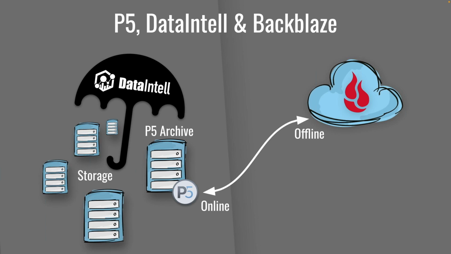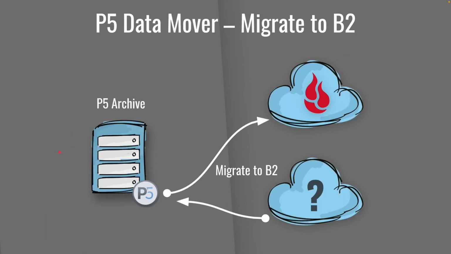So how does this all fit together? Let's have a slide with P5, DataIntell and Backblaze all together. So what we've got here is our storage infrastructure sitting under the DataIntell umbrella, where everything across all of these disparate direct attached, NAS, storage area network, QNAP, Synology, whatever you might have, DataIntell puts an umbrella over all of that stuff, gives you this single pane of glass web interface, gives you analytics, and then with the P5 integration,